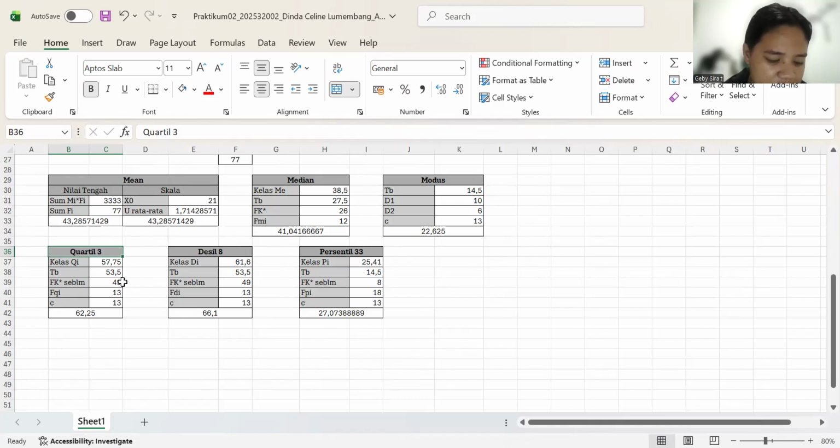Octile. They say the calculation process follows the same method as the quartile, with the only difference being the class location formula for the octile distance, using the position formula.